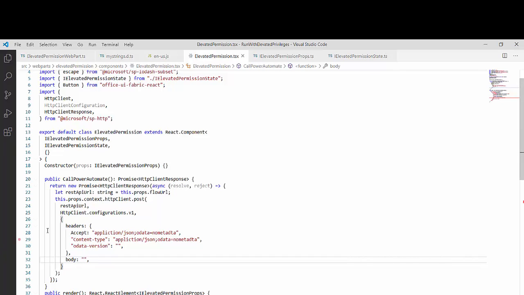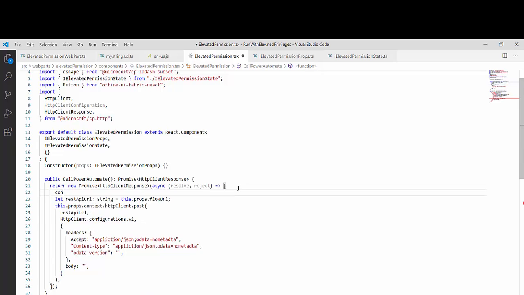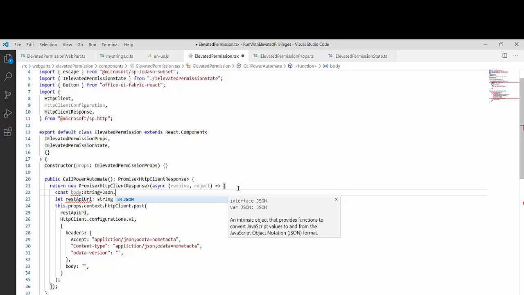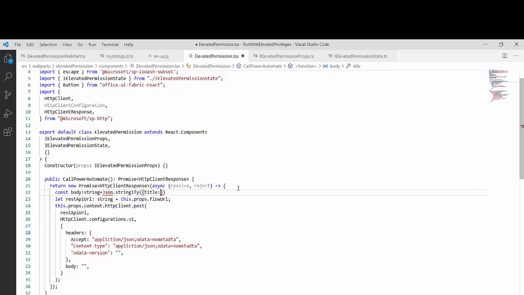So see, these are my three parameters: REST API URL, configuration, constant, body will be of type string. We will use JSON.stringify, and I will pass my title. This will be my list item. Its value will be, let's say, run with elevated privileges, and we will append the time also.